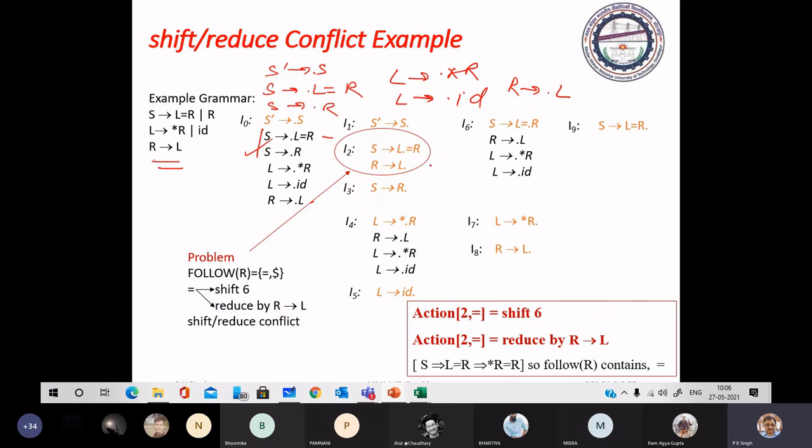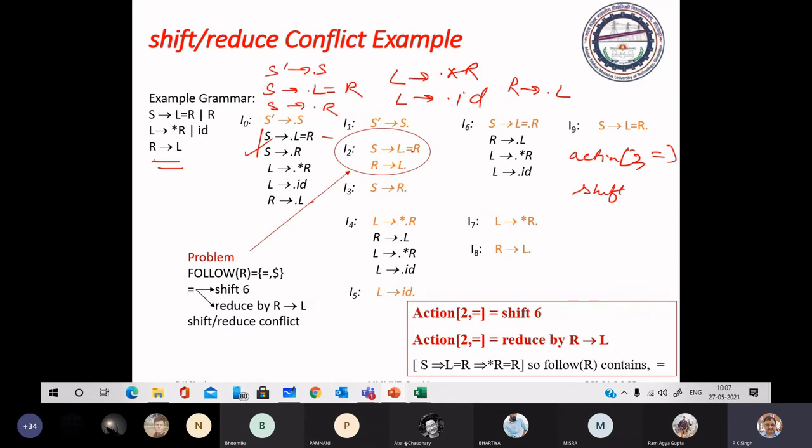Now you just consider this item set I2. In I2 you want to construct the table. So action on this equal, because you have terminal symbol just after dot, then action is shift. Where to shift?